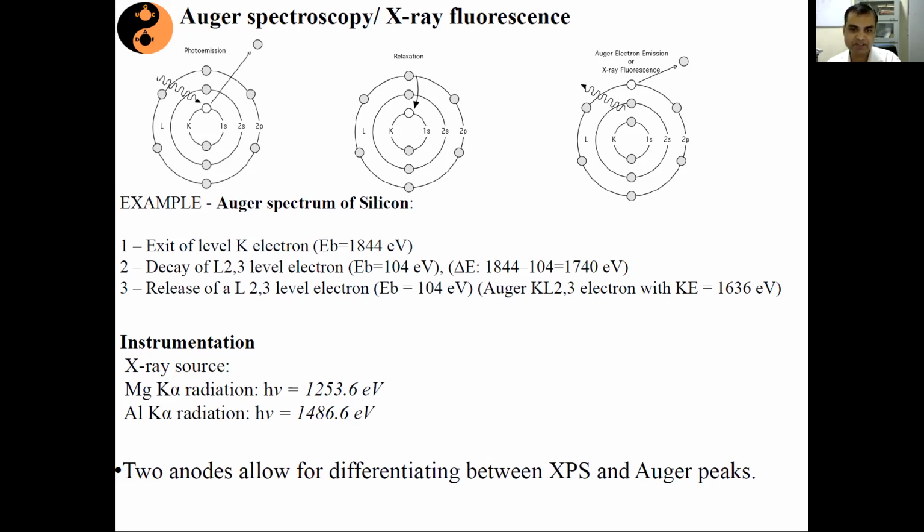If the binding energy is constant for the photoelectron, then if I record the spectra with two incident photon energies, on the binding energy scale the peak position will not change at all. But if the peak position changes on the binding energy scale with different incident photon energy, then we can say that this particular feature is nothing but the Auger electron feature. That is how one can make a distinction between the photoelectron and the Auger electron coming out from my sample.